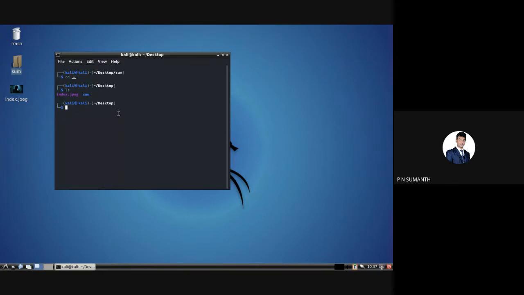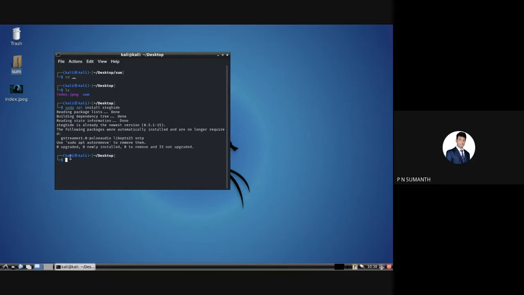For that, you can use the command sudo apt install steghide. You can note this down or take a screenshot of the same. I already have this installed.